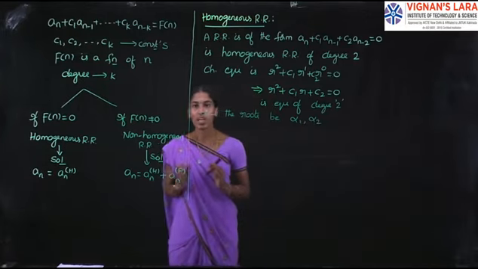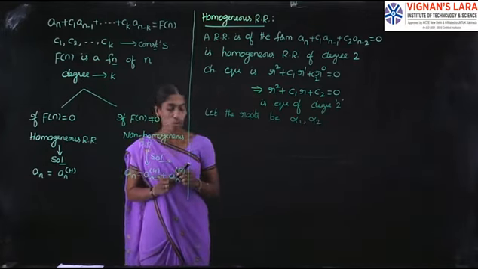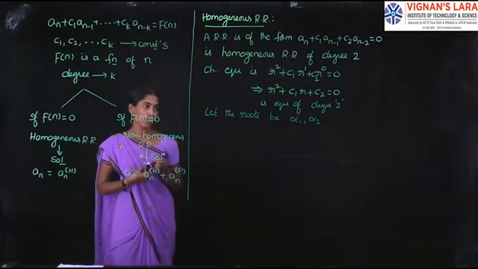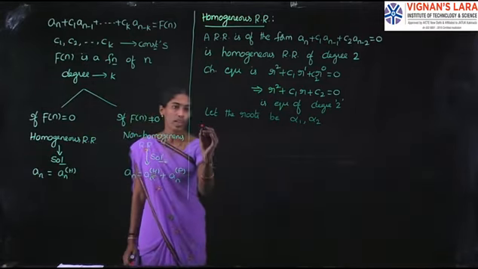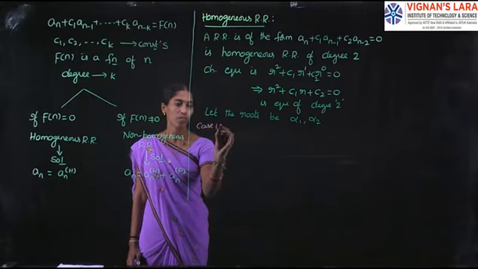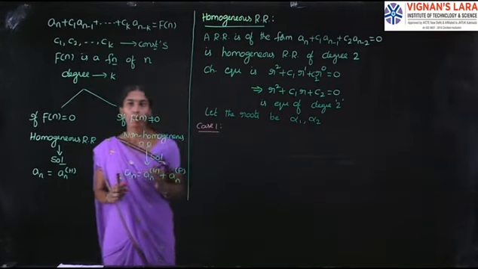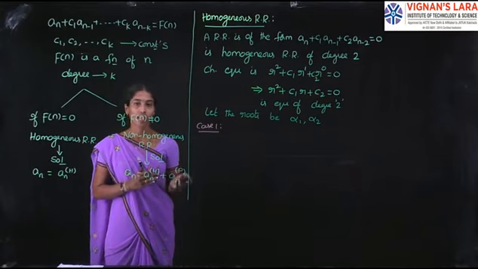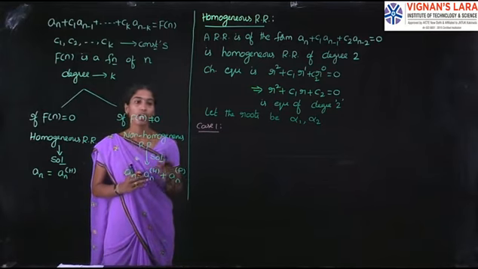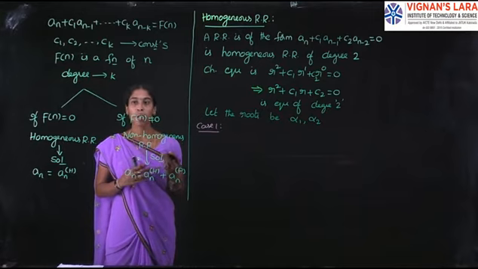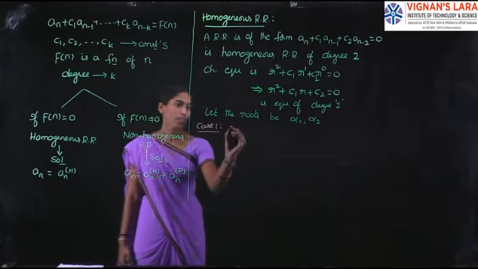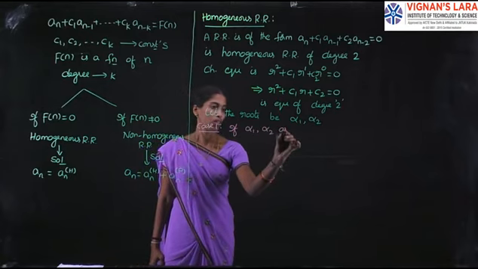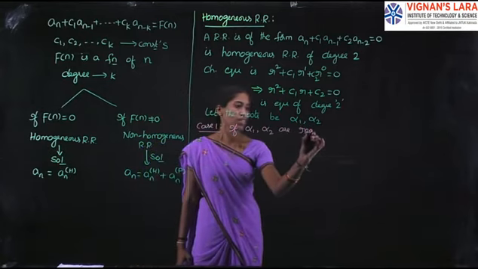So because we have two roots, take them as alpha 1, alpha 2, right? So case 1: here we are discussing how many possible roots there are, whether the roots are real, distinct, or equal. In some cases, roots may be complex conjugate roots. If alpha 1, alpha 2 are real roots and distinct roots,